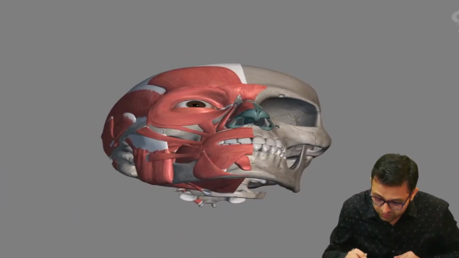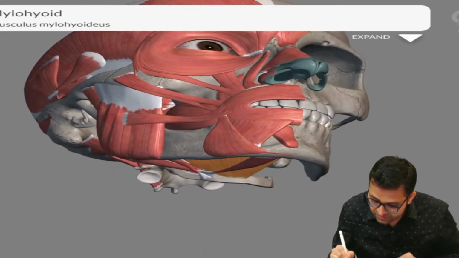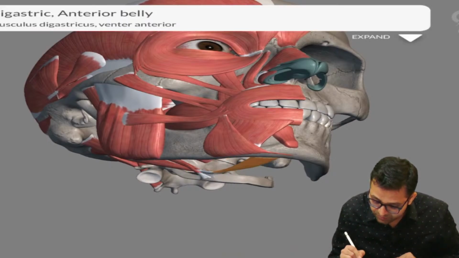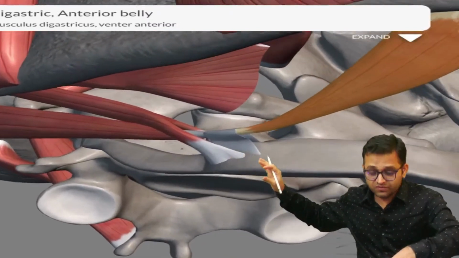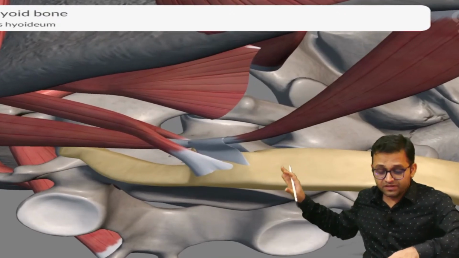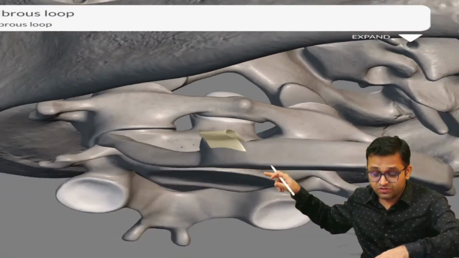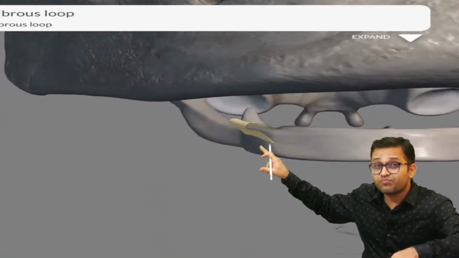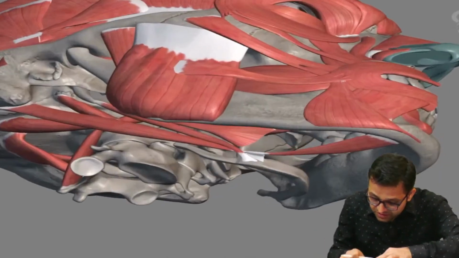Okay, sir. Now, look here. Can you observe this muscle? Yes, the beautiful anatomy, with the three-dimensional orientation. This is the hyoid bone, and this is the muscle which is bifurcating. And here is the pulley. Beautiful anatomy. This is one fibrous pulley, and through this fibrous pulley the muscle is passing.